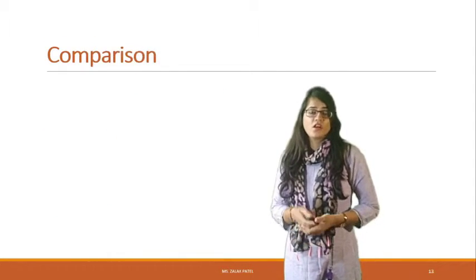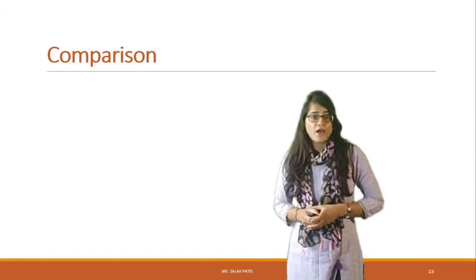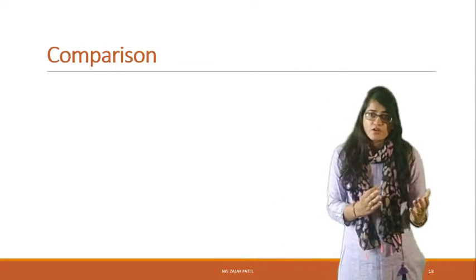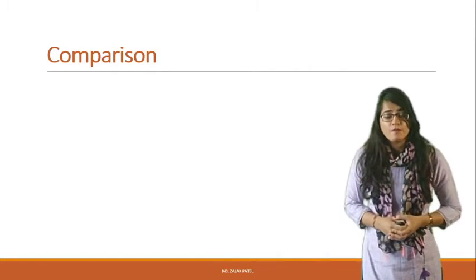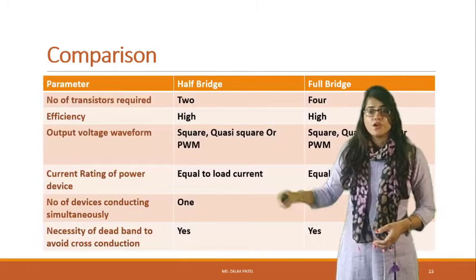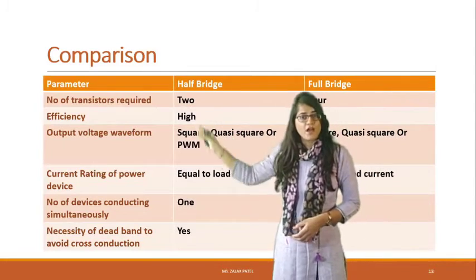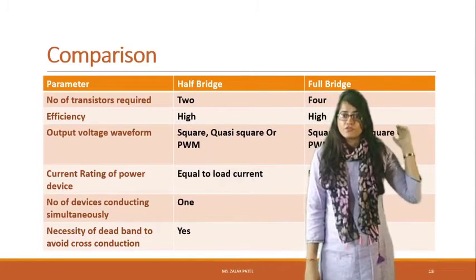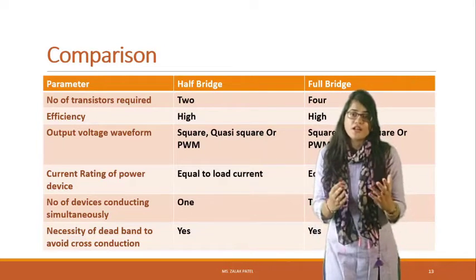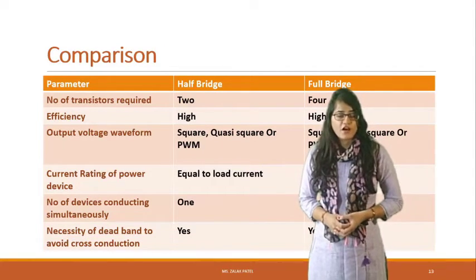If we put this, we get the answer 1/27, means 3.704%. We can also compare, in this session, the half bridge inverter with the full bridge inverter. So let's see the comparison. It will be compared by several parameters for the full bridge inverter as well as for the half bridge inverter. So let's take first the case of the half bridge inverter.